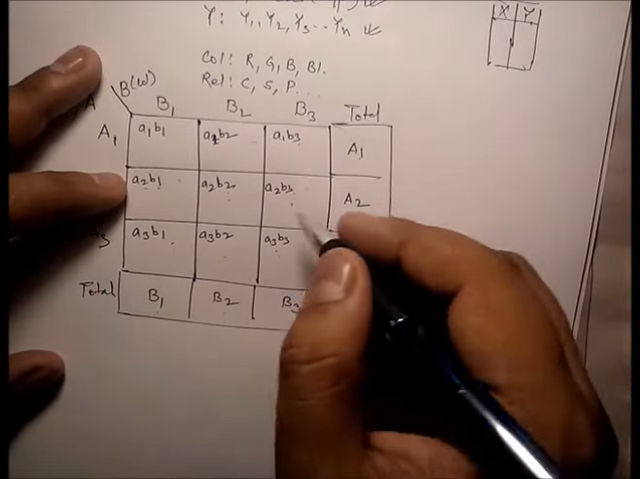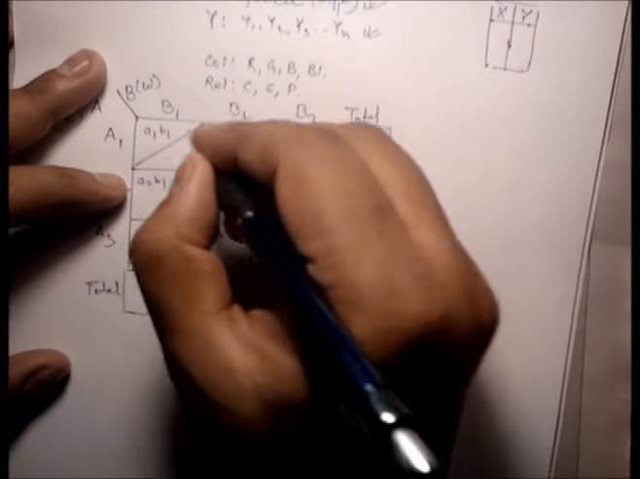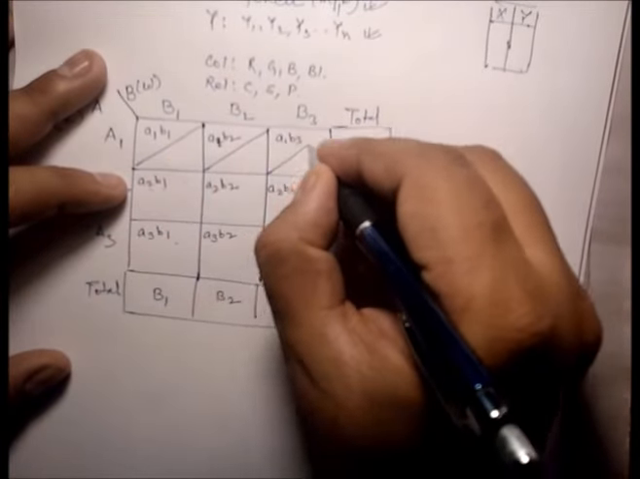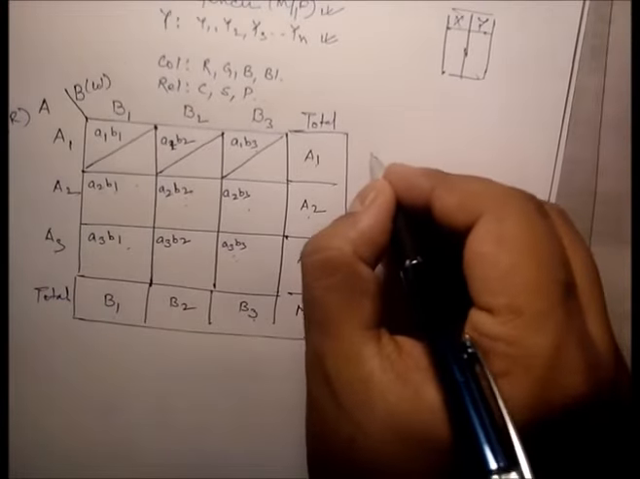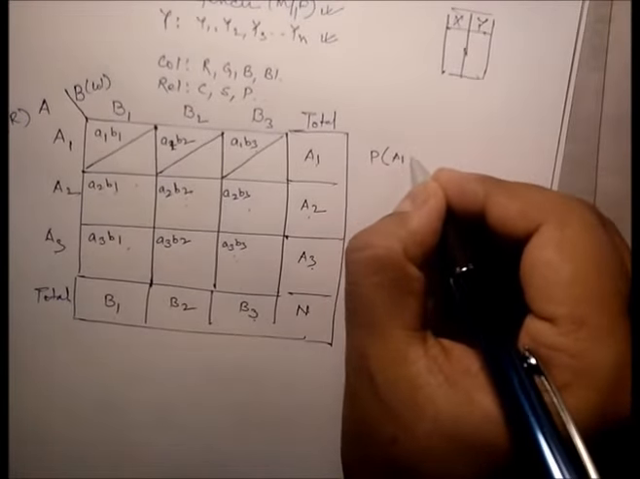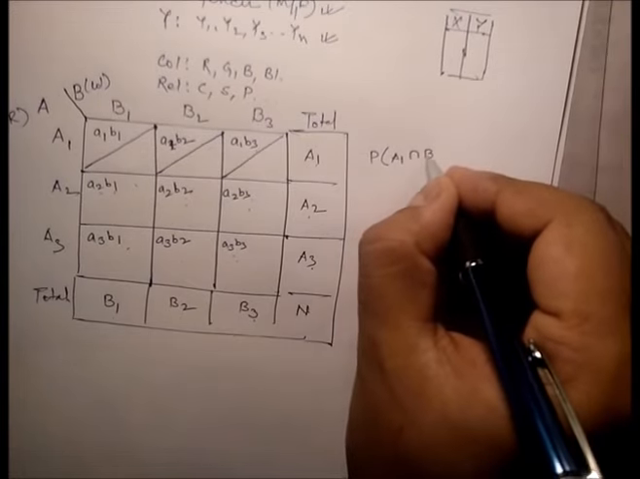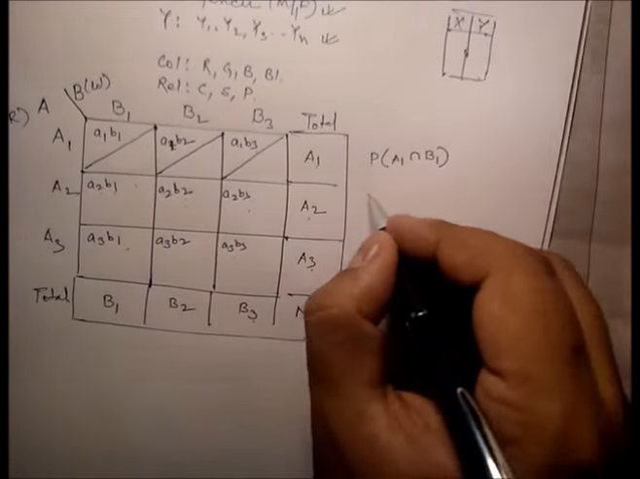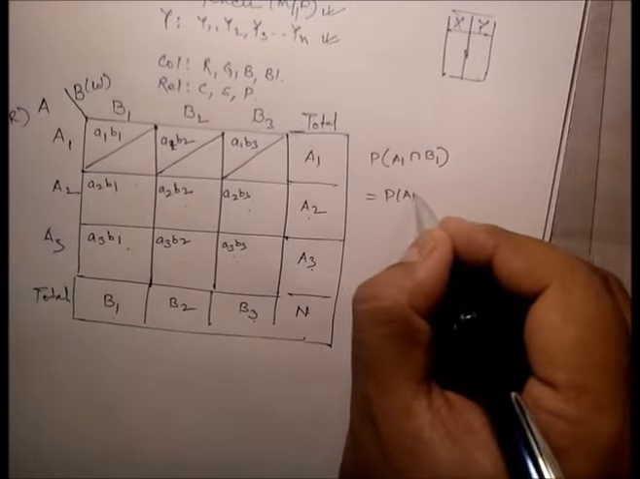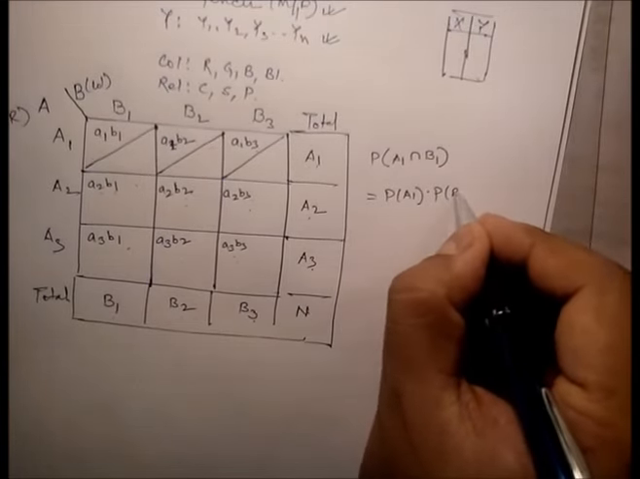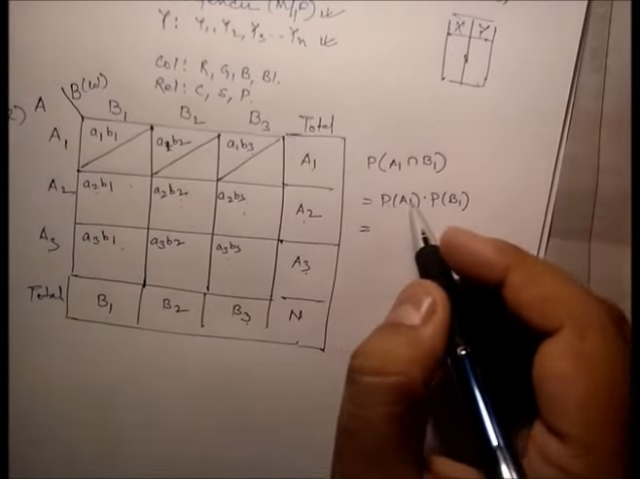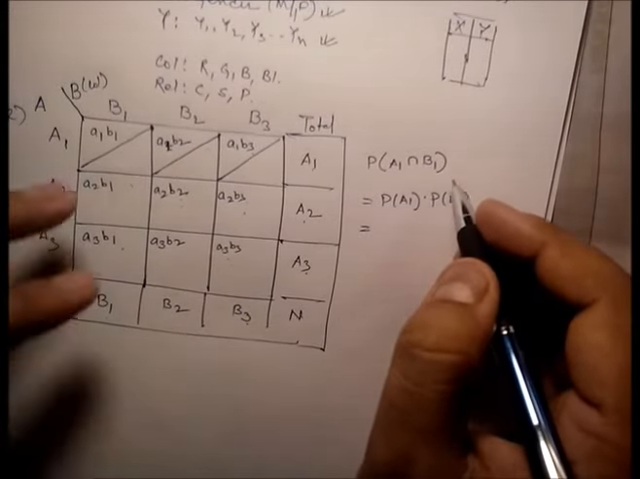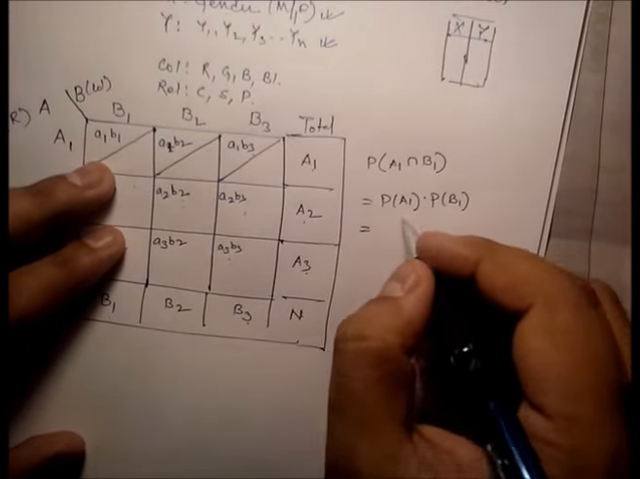Next, we have to calculate the expected. Now, expected, we assume that these two are independent. These two are independent means, suppose probability of A1 and B1 if independent, that means what? Probability of A1 into probability of B1 if they are independent. Now what is the probability of getting A1? So probability of A1 is nothing but